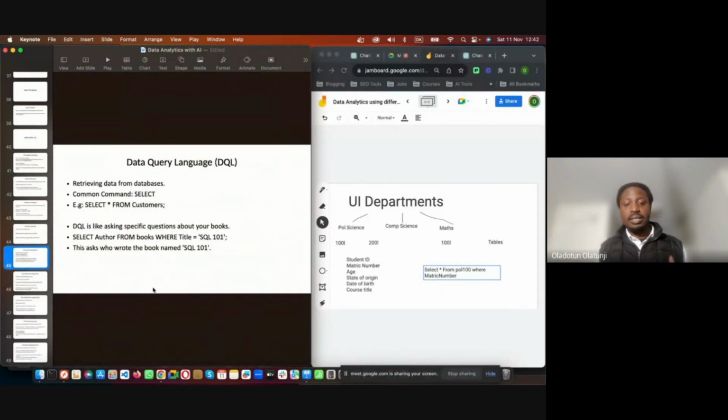In the definition of data query language, it is used for retrieving data from databases. Like I said, it's SELECT * FROM the table. It's like asking specific questions about your book. Like I wrote this one here, which is SELECT author FROM books. In this case, the table will be books, where the title equals SQL